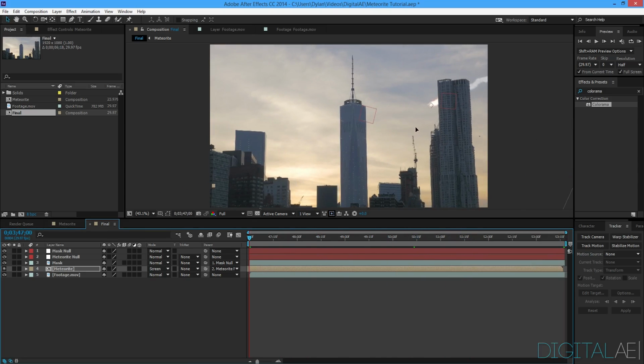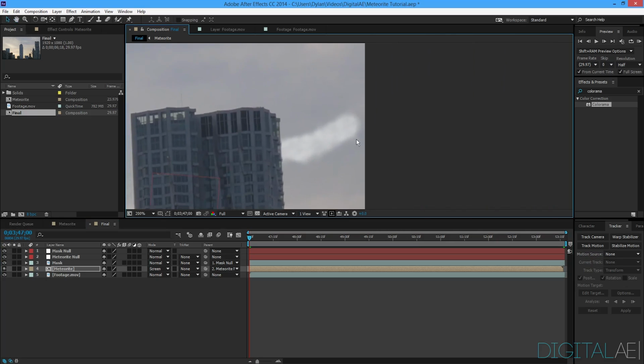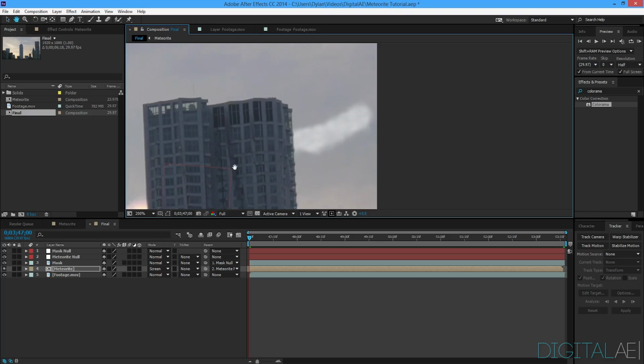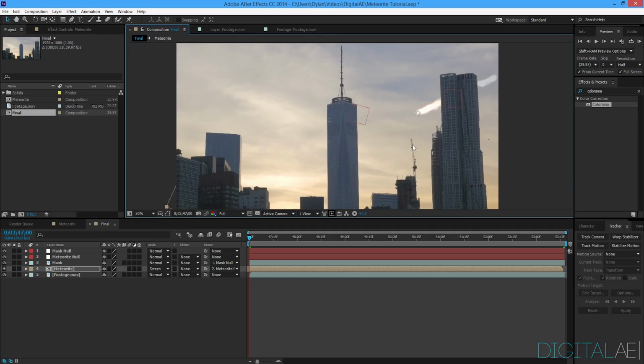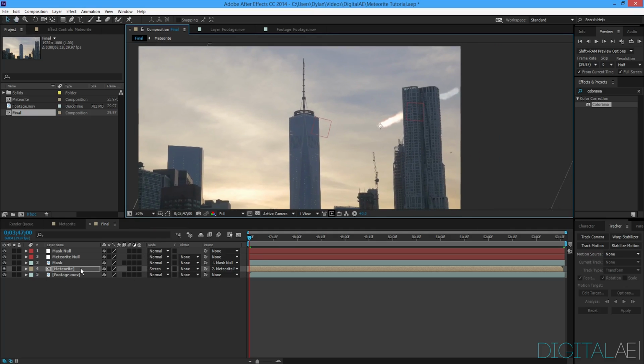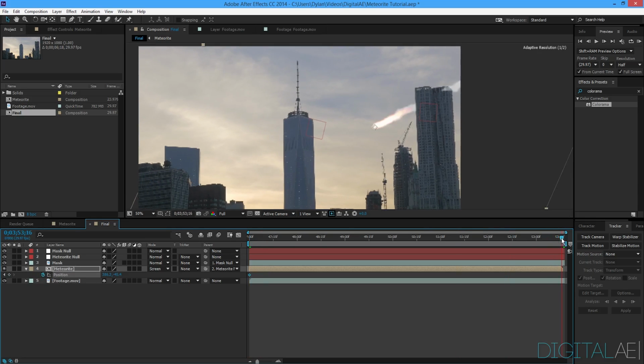Then I'm going to position this around here, keeping an eye on where this top bit is, because when we animate this, we want to put it in the same position so it looks like it's making a trail as it goes down. So if I go to the meteorite here, hit P for position, and select the stopwatch to make a keyframe, go to the end of this composition and move it down so the end is in that same position,